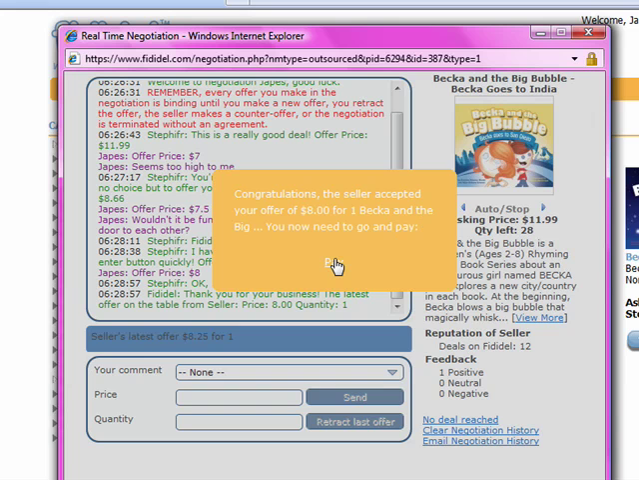The seller's accepted my bid, and now I click pay, and this